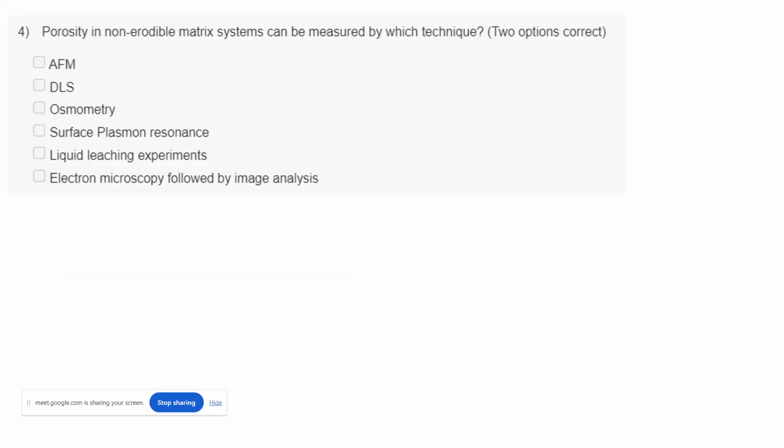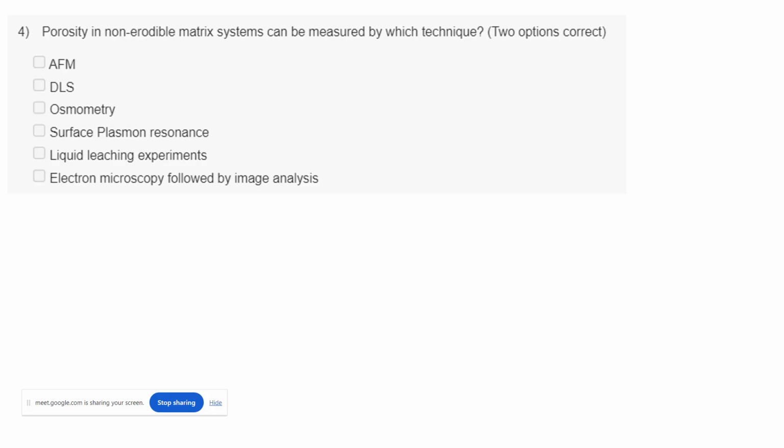Here is the next question. Porosity in non-erodible matrix systems can be measured by which technique? You have to select two correct options here. First is AFM, or atomic force microscopy. Second is DLS, dynamic light scattering. Third is osmometry, then surface plasmon resonance, liquid leaching experiments, and electron microscopy followed by image analysis. Which of these